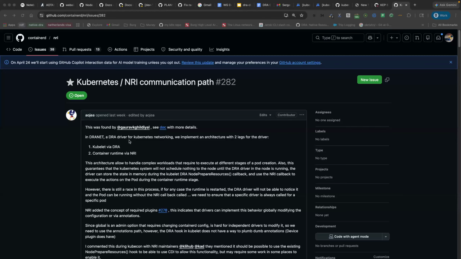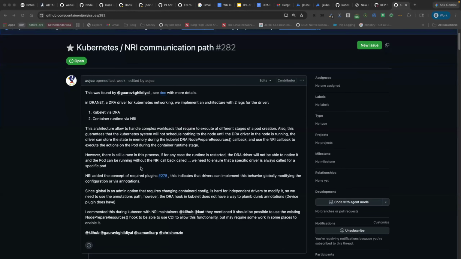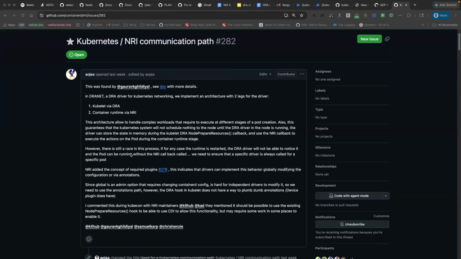Yeah, this is a topic that Gaurav raised in the last working group meeting about us running into race conditions when the container runtime restarts. The concern that Gaurav raised is that now that we are using DRA and NRI in combination in the DRA net or CPU DRA driver to allocate devices to containers, the problem that he noticed was when the container runtime is restarting,